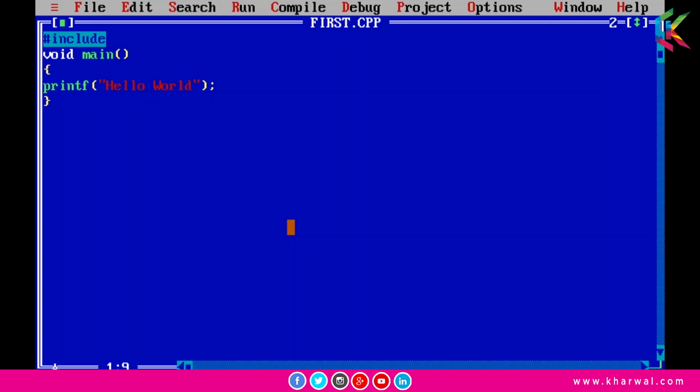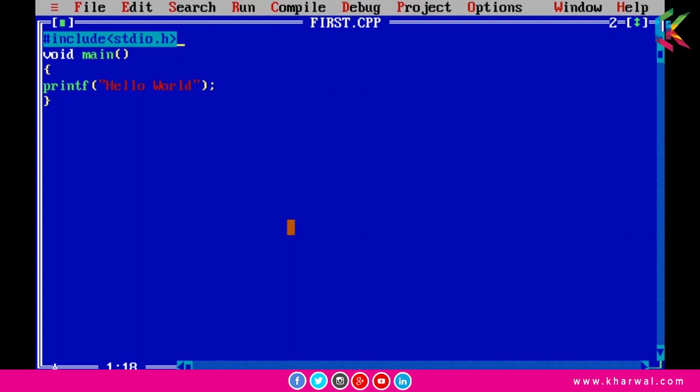Now we are going to use angle brackets to include the header file stdio.h, and stdio.h stands for standard input output dot header file. So std stands for standard, I stands for input, O stands for output, and H stands for header file.